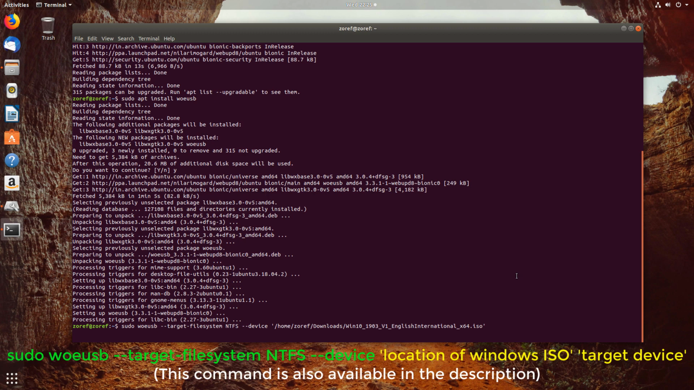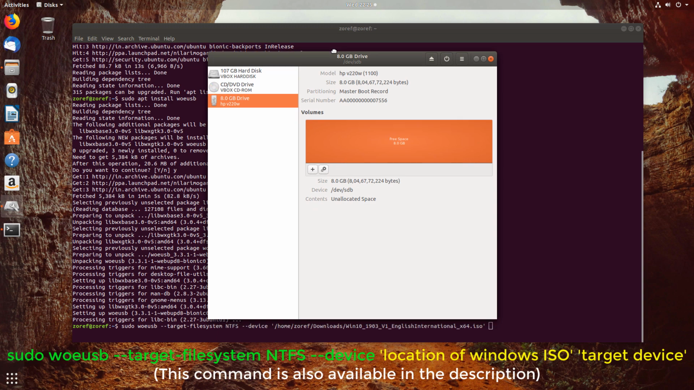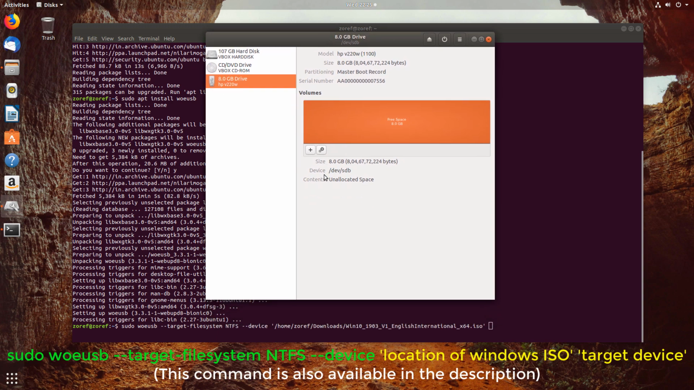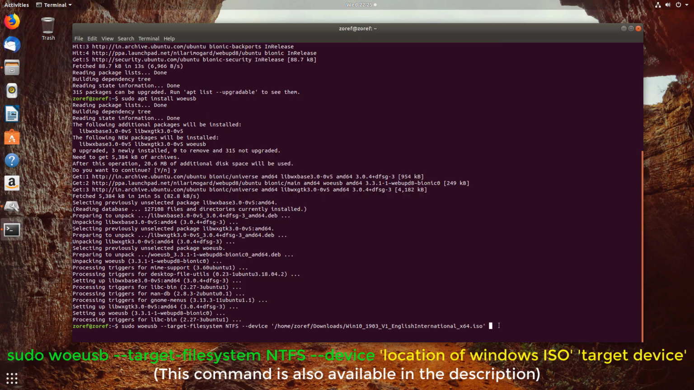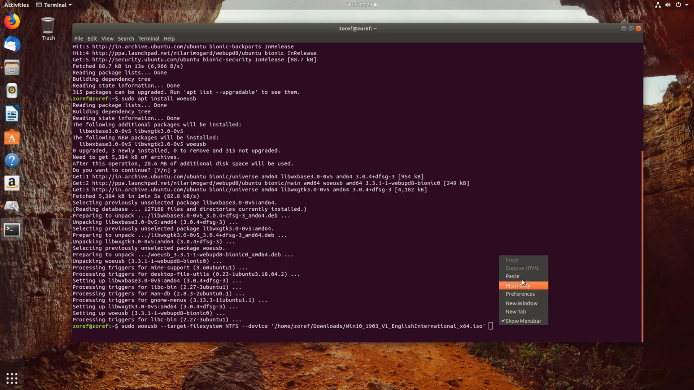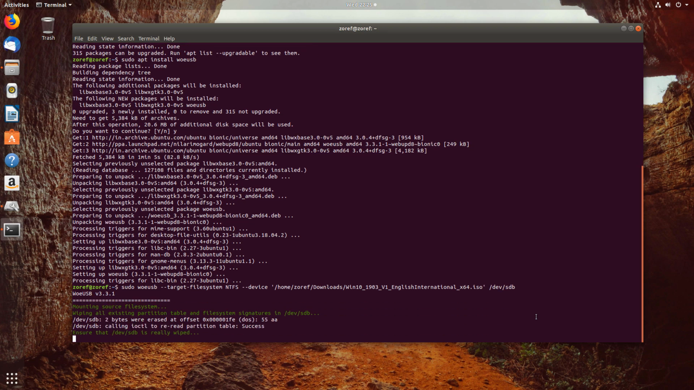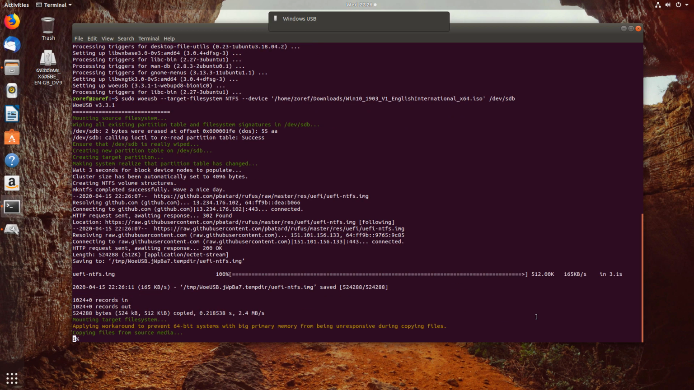And now go to Disks application and down here you will see something like this. So all you need to do now is just select this and copy it and then paste it in terminal and hit enter. So as you can see, the process is now started and it is copying Windows setup files over to the